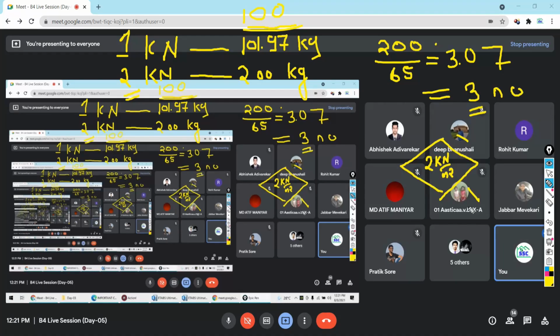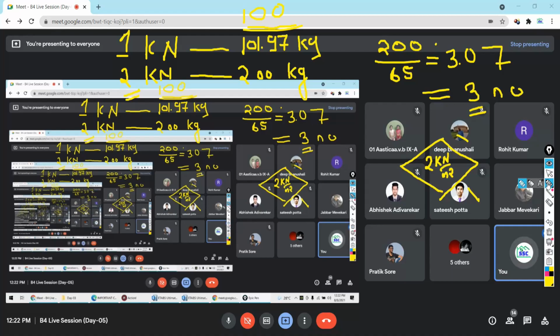Yes, sir. So the code is considering that for 1 meter square area, at least 3 persons can stand over it, and that's why 2 is considered. But if you are designing some other structure where you know more crowd is going to be there, you can increase it to 3, 4 like that. Understood or not? Yes, sir. That is actually the reason.